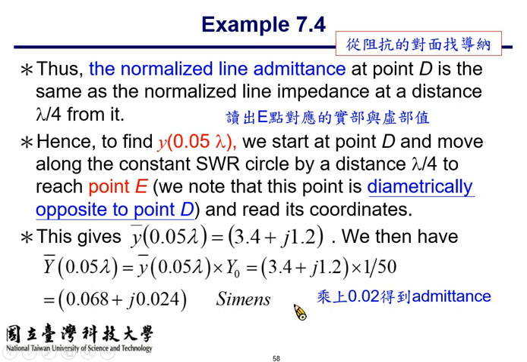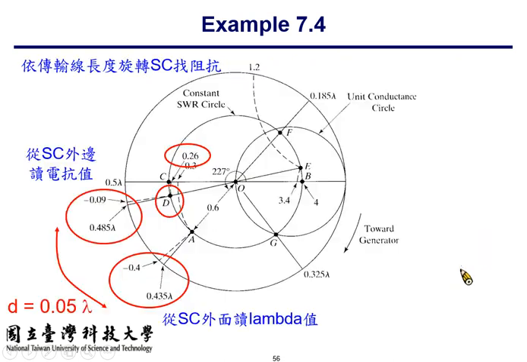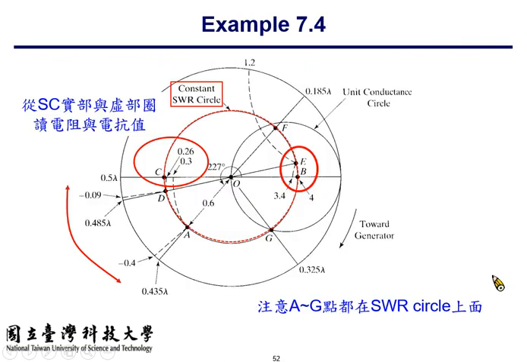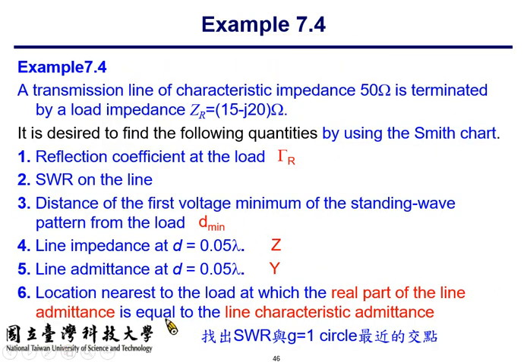So the actual admittance, the capital Y, is 0.068 plus j times 0.024 Siemens. Be careful to understand whether the question asks for capital Y or small y. Next is the last job, which is single stub matching. So the final job is to find the location nearest